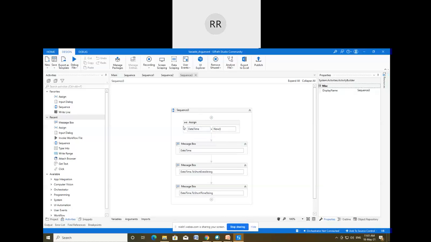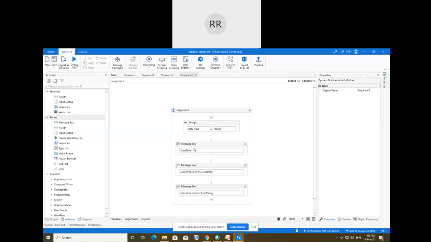Okay, so this date time variable is used to store the current date and time. This is one example or definition of the variable. But apart from storing the information, one more definition is also there for the variable. The variable is also used to pass the data from one activity to another within a single file. Here it is our single sequence file, the name of the file is sequence3. The date time variable that I have created inside this assign activity is also passing the data from this activity to this message activity.